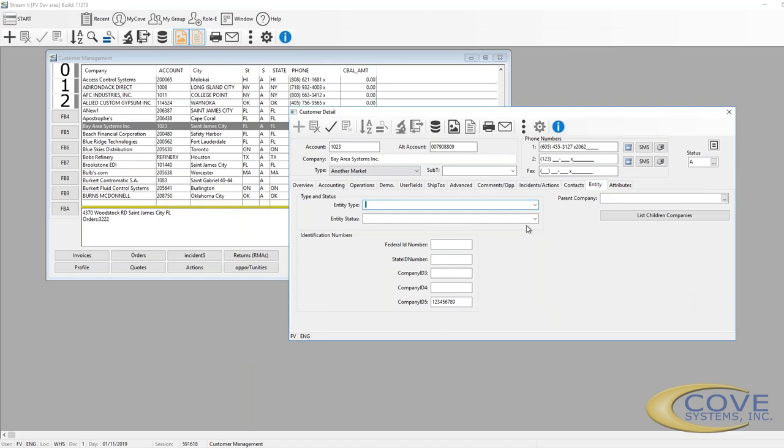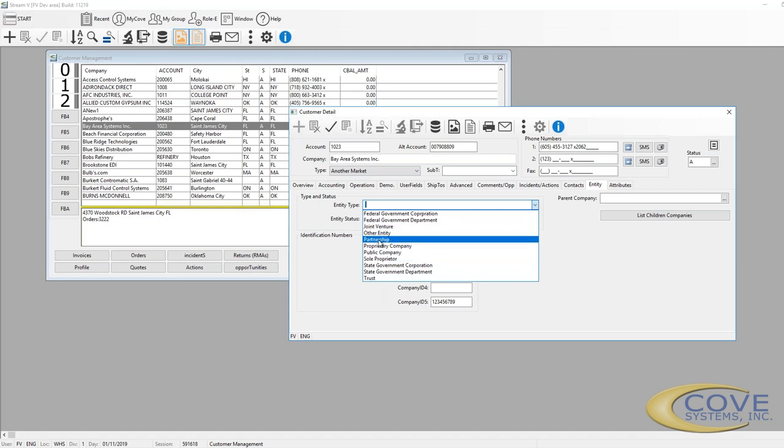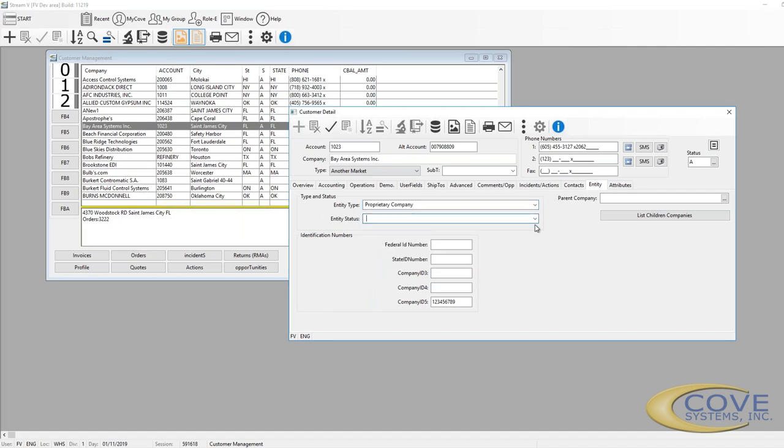detail. Entity is used to track legal information about the company. What type of company is this? Is it a government corporation? Is it a department, a joint venture, a partnership, public? Is it a state? Is it a trust? What type of company it is? What's the status of this company? Are they normal, blank? Are they in bankruptcy, in liquidation, different statuses? Then identification numbers, their federal ID number, their state ID number, and other numbers that you might want to track